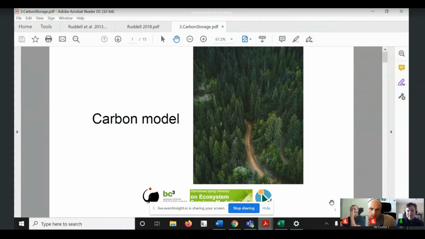The intent in Aries is that we choose the best model for the time and place that we're working, and also for the spatiotemporal scale that we're working at. So I'll give an example of a very simple carbon model that runs anywhere, but very important, as I said, to keep in mind that this is highly customizable and it's not hard-coded to a particular carbon model.